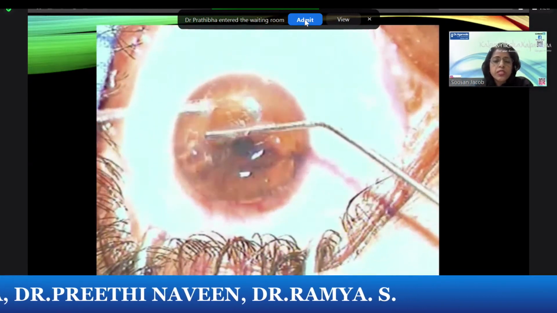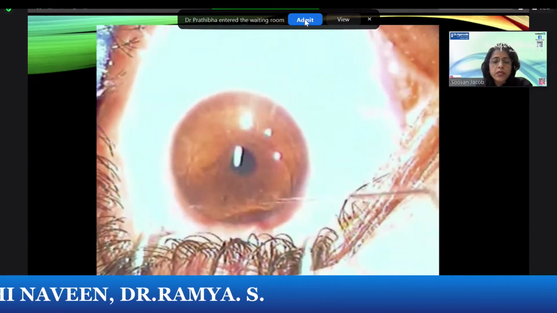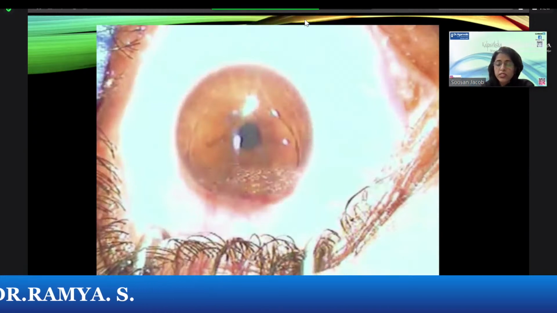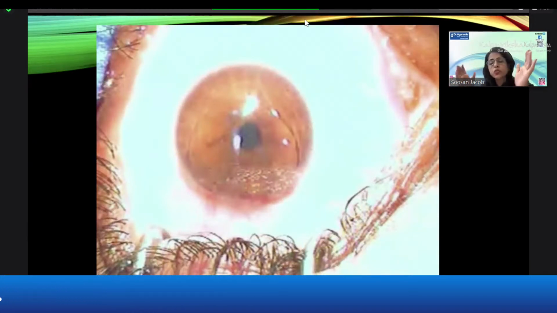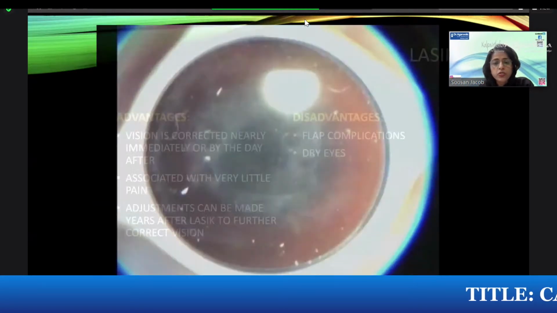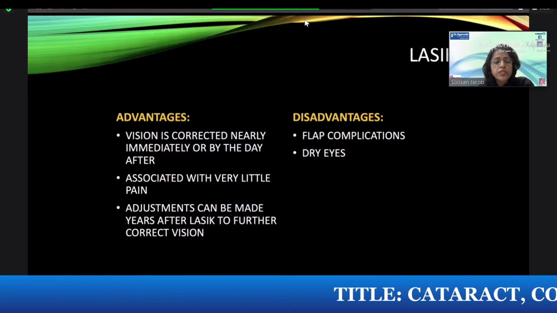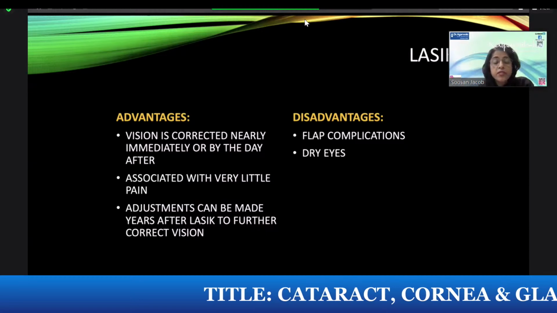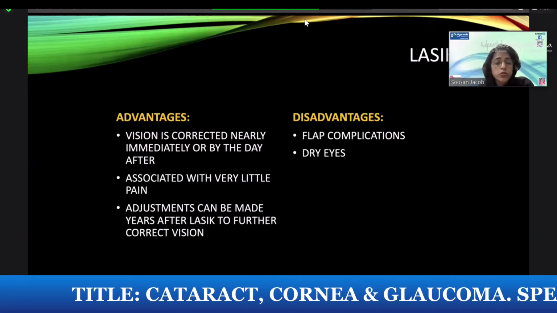What's the difference between this and microkeratome? It's much more precise. You can get the exact depth you want. It's safer because you can have vertical cuts, and so the risk of flap displacement is lesser, but still it does have some of the complications associated with flaps, which is it can still move. You can get striae, you can get epithelial ingrowths, and so on and so forth.